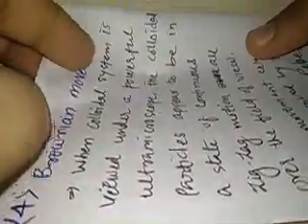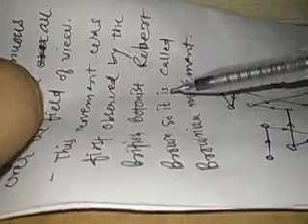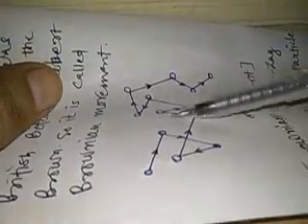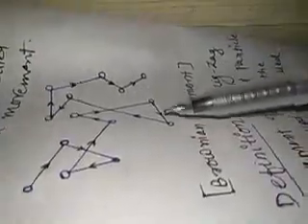Then we'll move to the next characteristic, which is known as the Brownian movement. When colloidal system is viewed under the powerful ultramicroscope, the colloidal particles appear to be in the state of continuous zigzag motion all over the field of view. The movement was first observed by the British scientist Robert Brown, so it is called the Brownian movement. You can see that this is the zigzag movement of colloid particle, which is known as the Brownian movement.